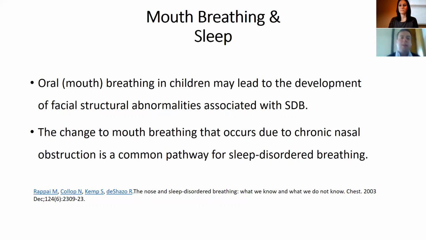Now, if we look at the incidence of rhinitis in the Western population, it affects about 30%. So there's 2 types of rhinitis. There's seasonal rhinitis, which would be hay fever. And there's also perennial rhinitis, which is when there's nasal congestion for at least an hour a day, and it happens most days of the year. So we're talking about 30% of the entire population in the Western world who are at an increased risk or are susceptible to having rhinitis. And then we're looking at the effect that rhinitis is causing mouth breathing and mouth breathing then on sleep. So if we look at the next paper,